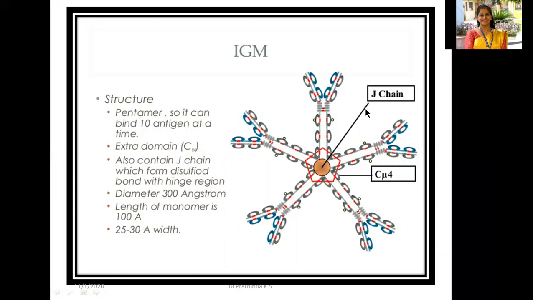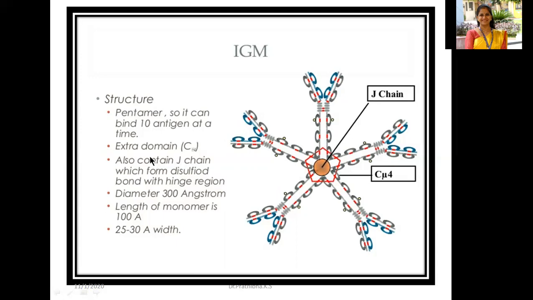Okay, here you could see the structural representation of IgM. This is Ig written small. Okay, I've taken this directly from the internet. To brief, this IgM, which is a pentamer, can bind 10 antigens at a time. This is a fragment of antigen binding site. This is again the antigen binding site. 1, 2, 3, 4, 5, 6, 7, 8, 9, 10. So we have 10 antigen binding sites.